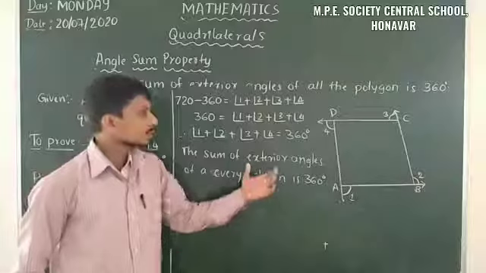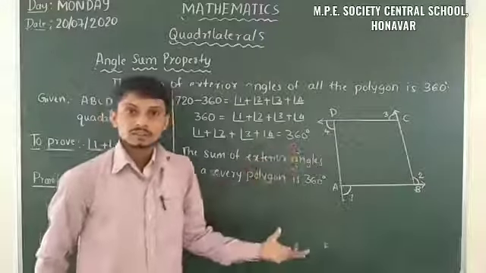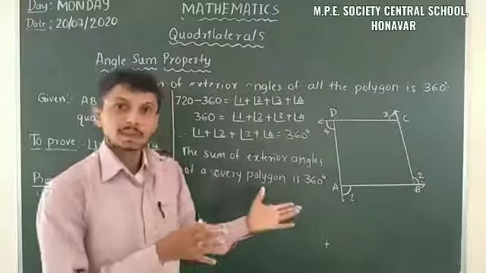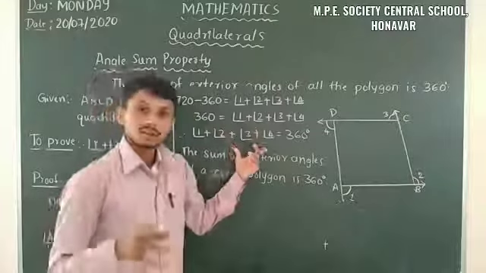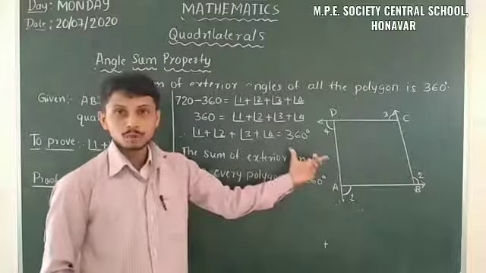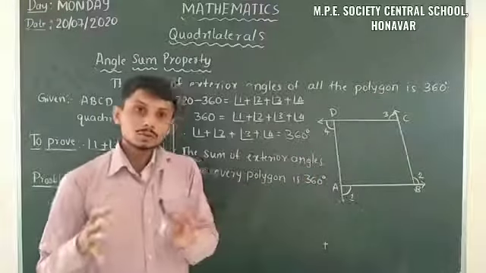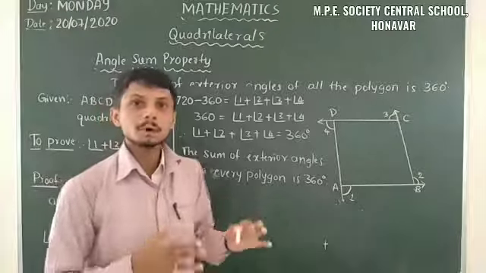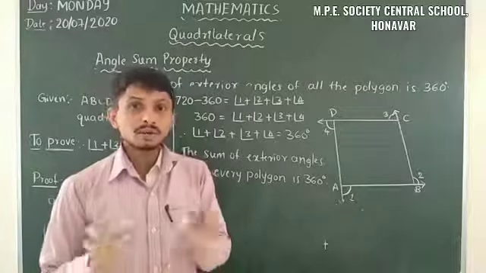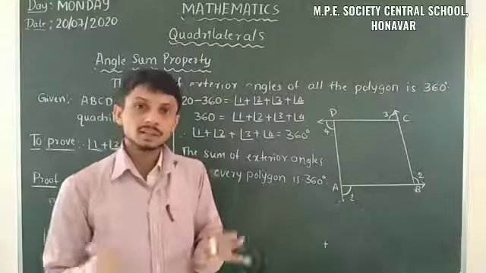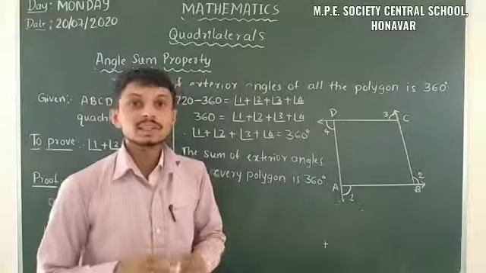So firstly what do we have to do? Firstly we have to take the known things. After that we have to take some transformations, and after that we have to put it into the proof form. So from this proof we come to the conclusion that the sum of the exterior angles of any polygon is 360 degrees. In all the polygons it is possible here. So let us take some examples here.